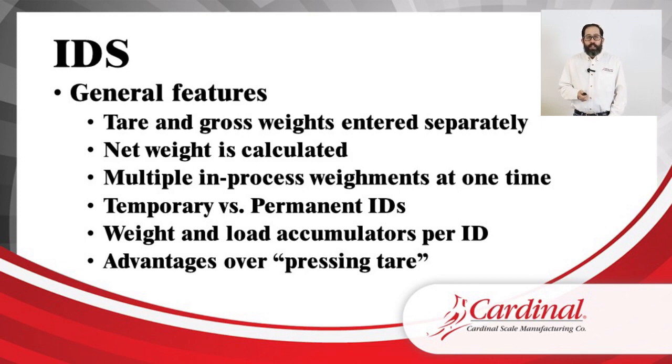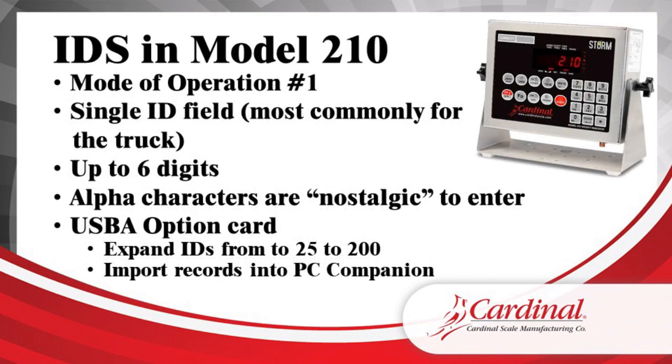But with the permanent ID, that ID for the truck, the laundry cart, the rail car, whatever the container is, it can have an accumulator associated with it and a number of loads associated with it. And so that number can be used over and over and over again and have additional information associated with it. So, like I said, the first indicator we're going to look at today is the Model